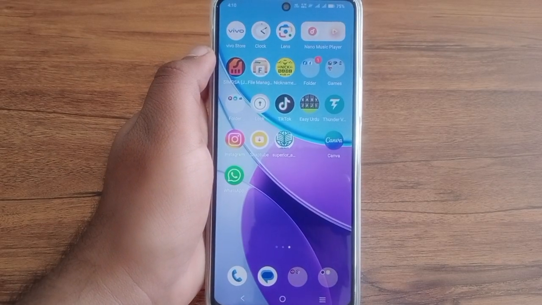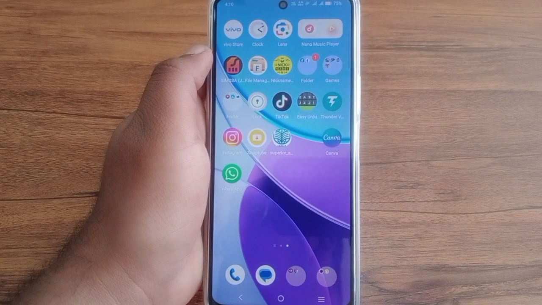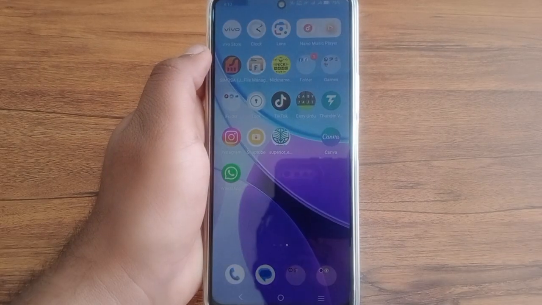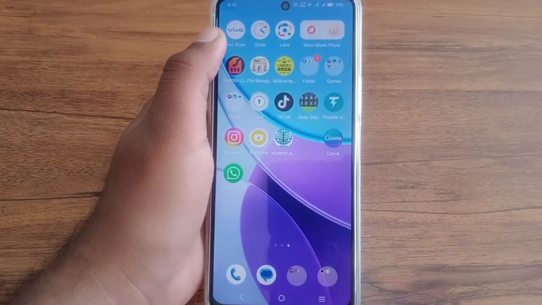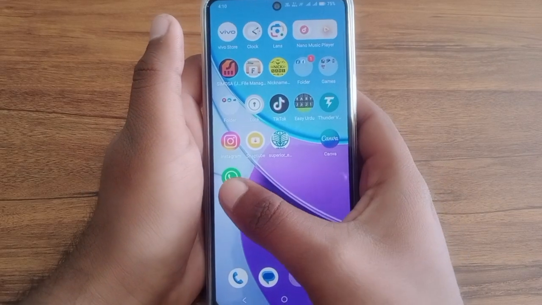So today I'll tell you how to set up WhatsApp for the first time. If you are new to WhatsApp, you can set up your WhatsApp. So let's start this. Just click on the WhatsApp app